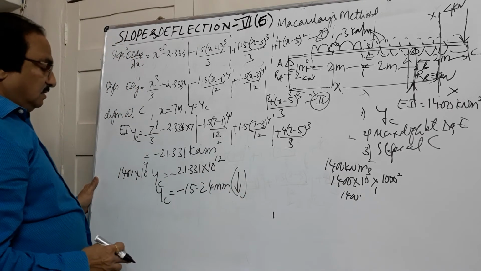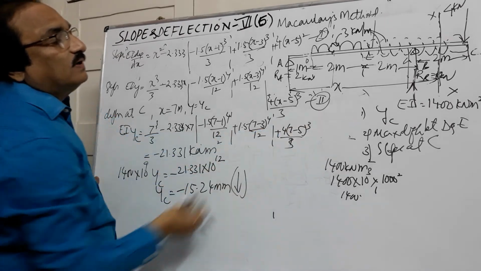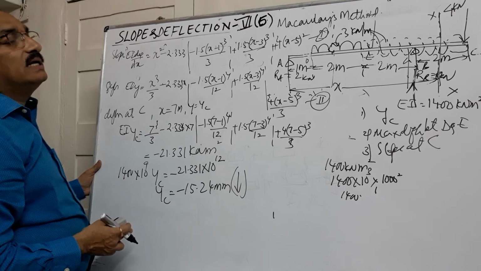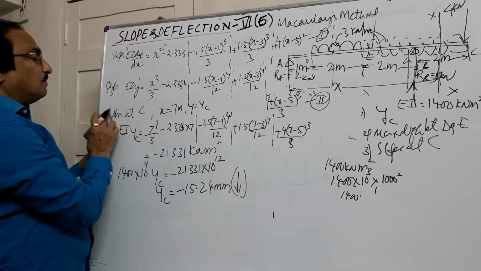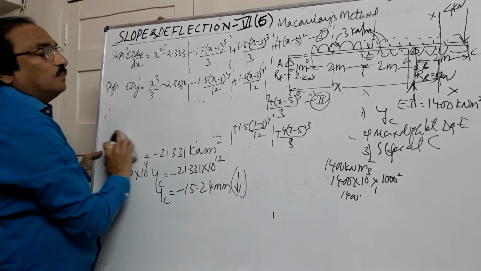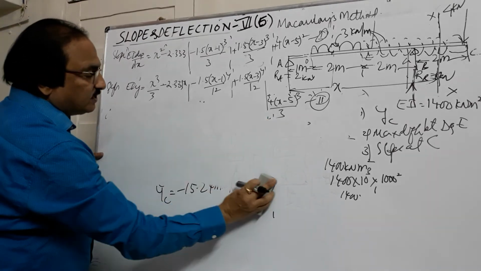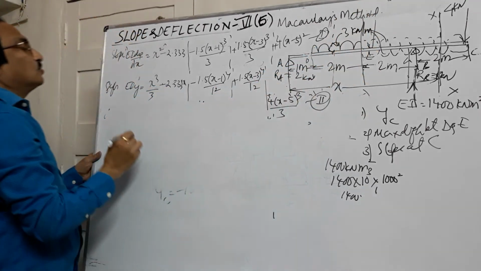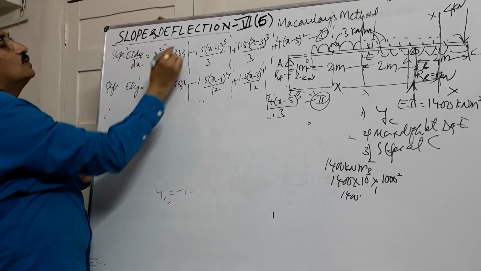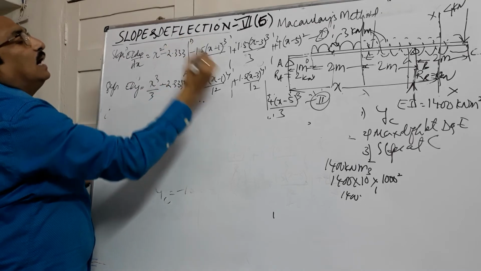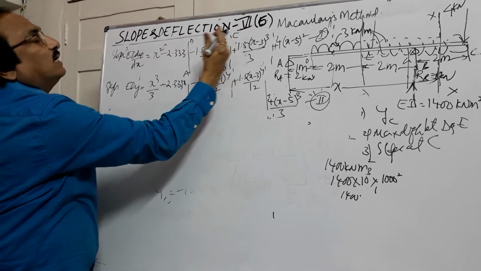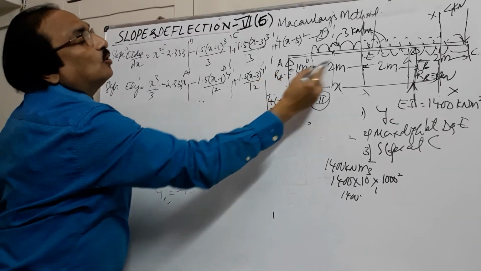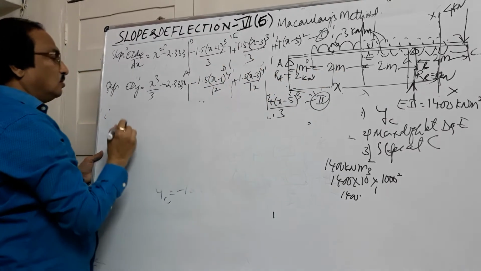Now with this, we found out the deflection at C. We will go for maximum deflection between C and D and E. We know deflection is maximum when slope is 0. So using the slope equation up to the portion DE here, this is our slope equation. This is A to D and this is D to E. That means we are taking only this much part. That part will not be coming into account because it will be more than 3 meters. So more than 3 meters is not applicable.